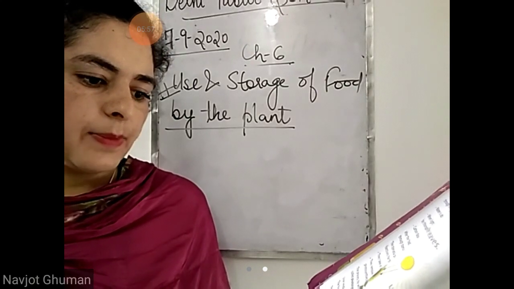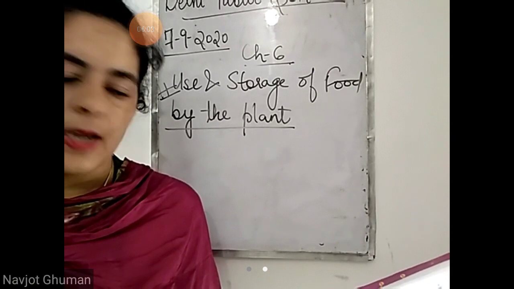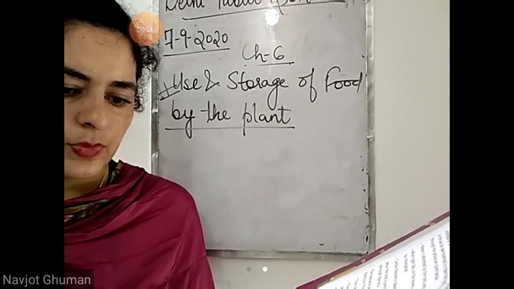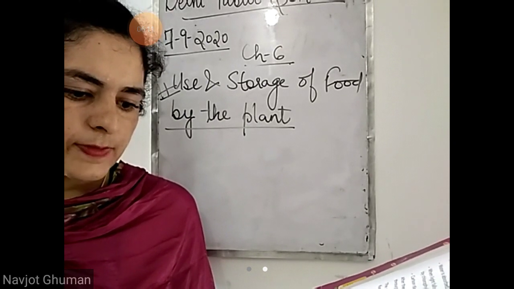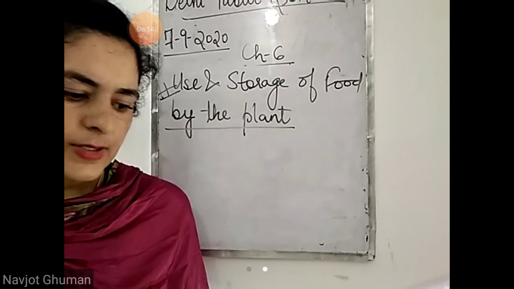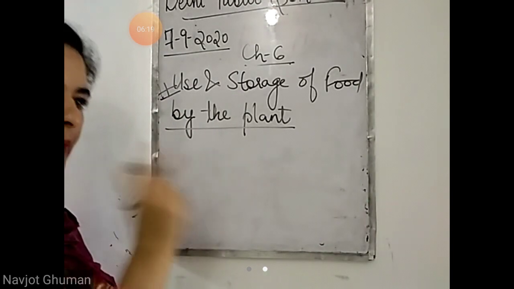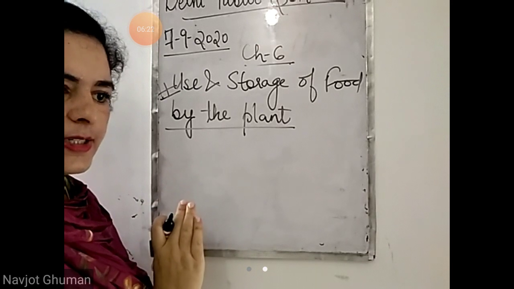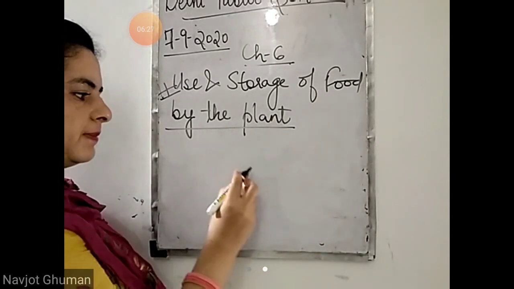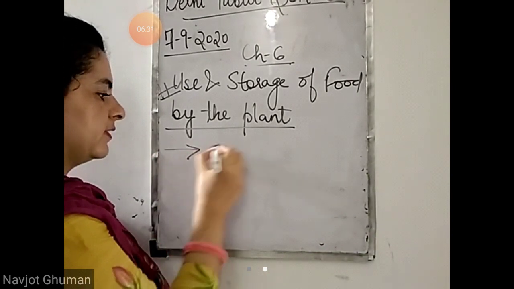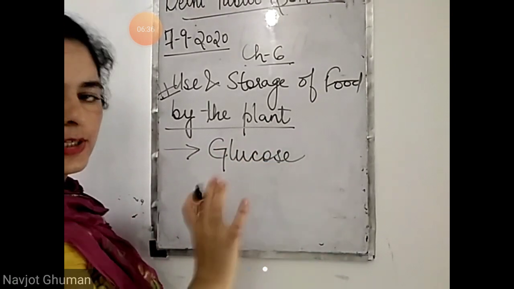The food prepared by the process of photosynthesis is called glucose. The stem and branches of the plant take the prepared food from the leaves to other parts of the plant. The plant uses some of this food for its daily activities and stores the extra food as starch in its different parts. Yes, the plant prepares food in the presence of sunlight, in the form of glucose. जो खाना बनता है प्लांट के द्वारा, that is glucose, उसे बोलते हैं ग्लूकोज, that is sugar, शुगर की फॉर्म में बनता है.